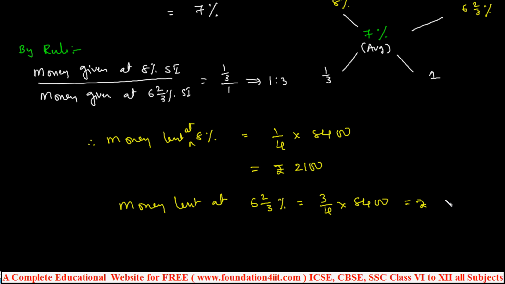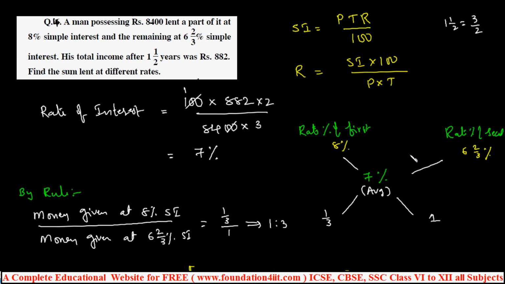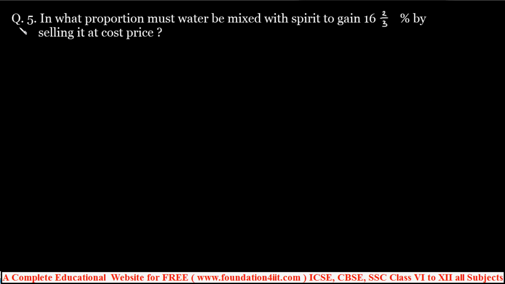Same, rupees 6,300. So calculation is easy, but the main important thing in this is this alligation rule we are applying, or mixture rule. Because of average in percentage, rate of interest, same we should take this first and second, already given, no average, only calculated using this formula, right? You'll see a few more sums. Now let us see one interesting question.